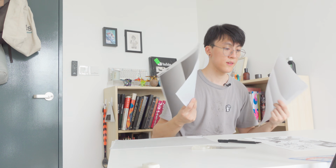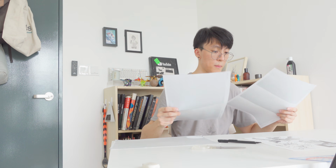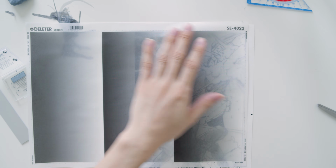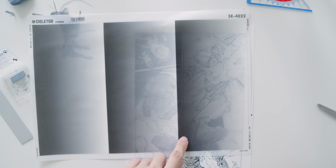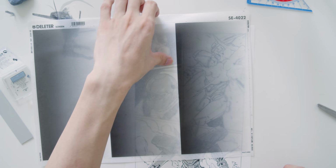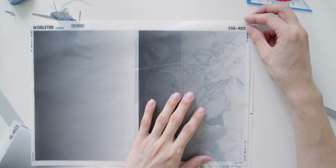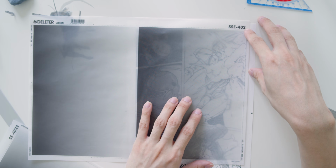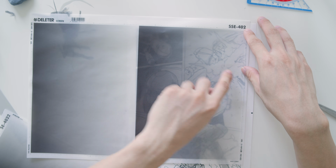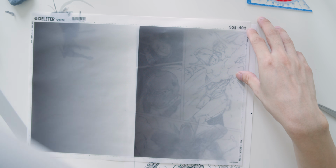Okay, so for the last panel, I want to use these gradient sheets for the body of the Mac. Even though this size fits really perfectly over the Mac, I think it might be too much. I think 0 to 100 across this little bit here might be too aggressive. So I'm going to use a softer gradient, something like this, where it goes from 5% to halfway to 90%, so something like 50 or 45%. Great. That's a little bit more subtle and softer as opposed to the 0 to 100, which